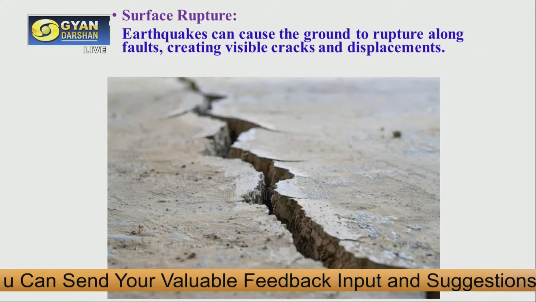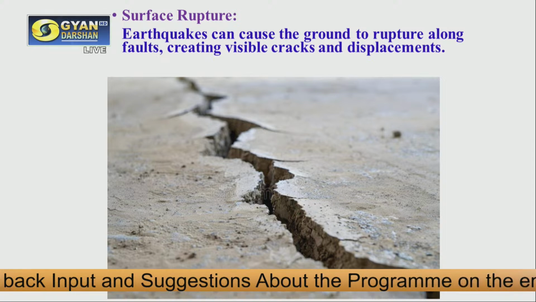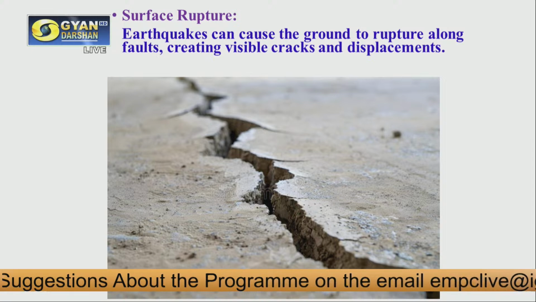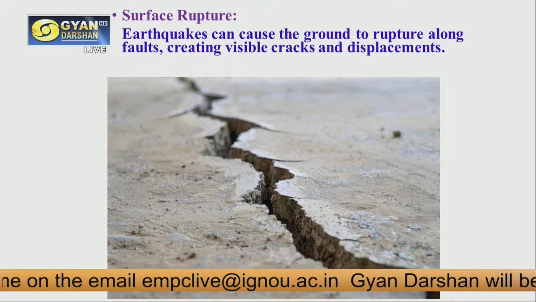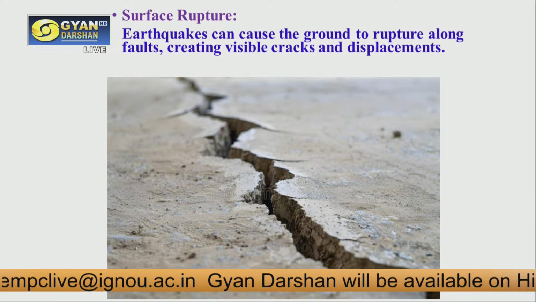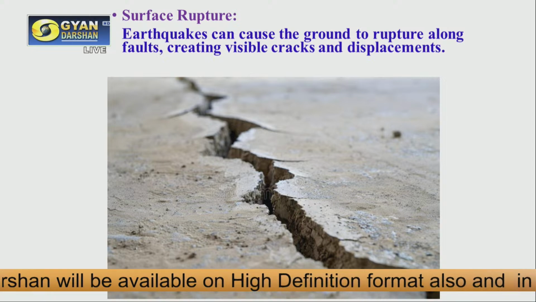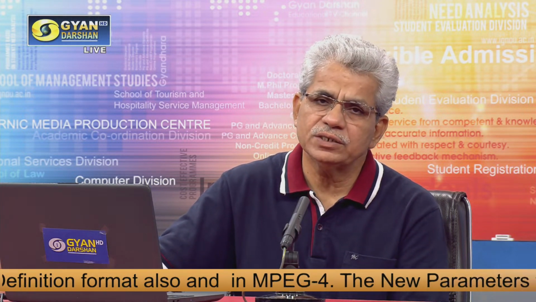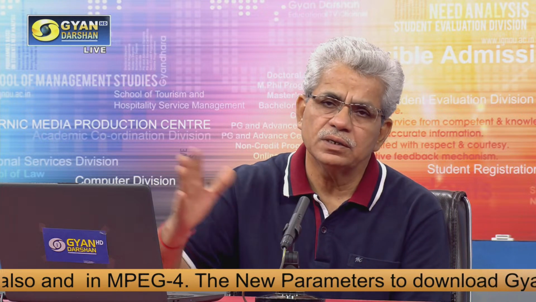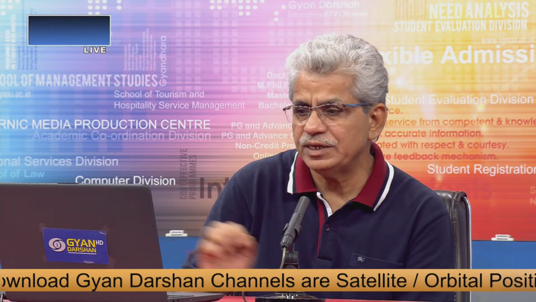So next is surface rupture. In surface rupture, what happens is that the ground surface ruptures basically. So large gaps are seen in the ground surface. This also occurs during the earthquake. So as you can see in this picture, because of this, if some road is there, the road will be damaged. If some bridge is there, the bridge will collapse because of this rupture. So many effects may be there.